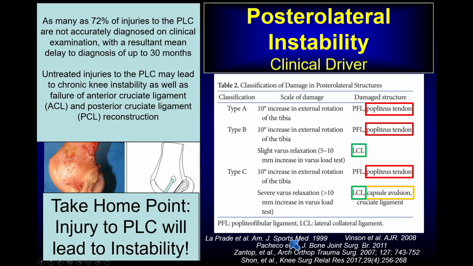So 72% of injuries to the posterolateral corner are not diagnosed on clinical examination, and that results in a delay in diagnosis for up to 30 months. And when these posterolateral corner injuries go undetected, the problem is that it leads to further instability, micro to macro instability. And part of the reason that these things aren't detected initially clinically is that they occur in combination with